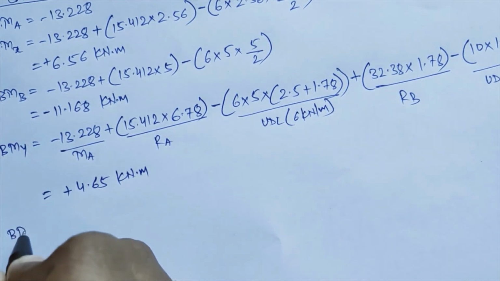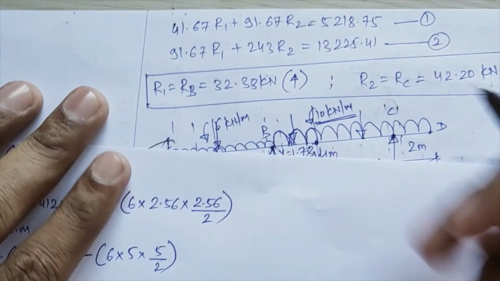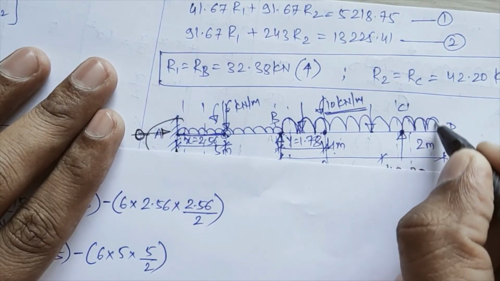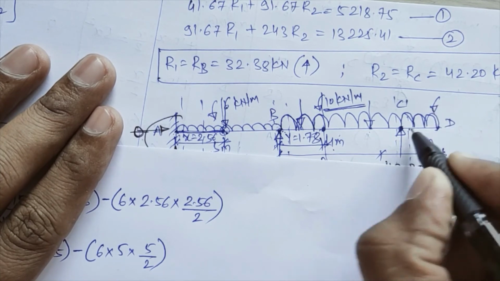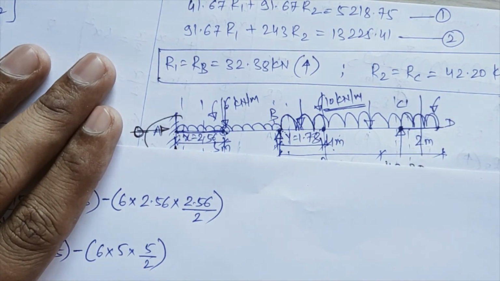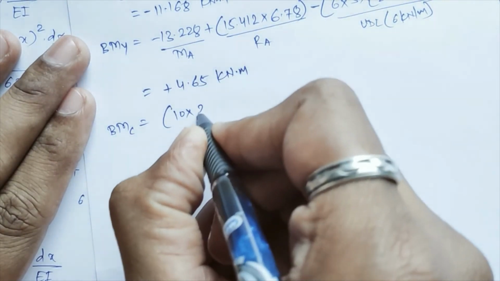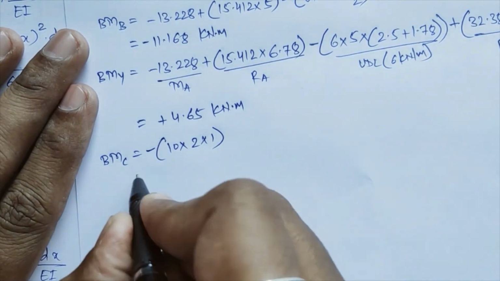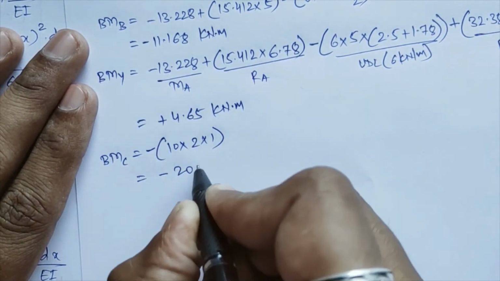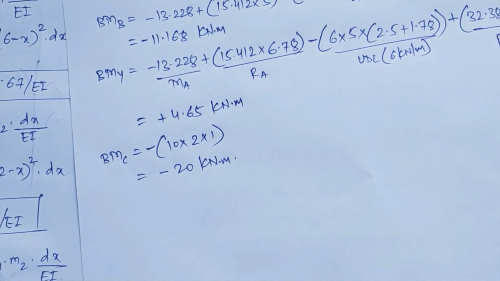Okay, so bending moment at point C, right? So for point C, here you have to take moment of this UDL over there, so that will be how much, intensity of this UDL is 10 into 2, and where it will act at the half of these 2, that is 1 meter, so that will be 10 into 2 into 1, and that will be a hogging moment, so it will come negative, that is minus 20 kilonewton meter over there. So these all moments I am getting here.